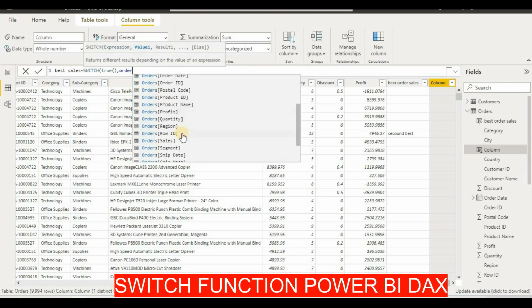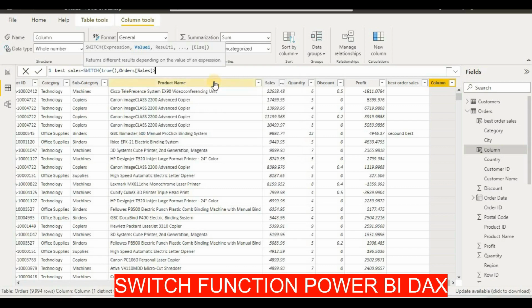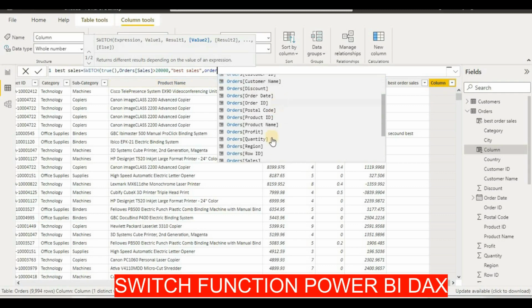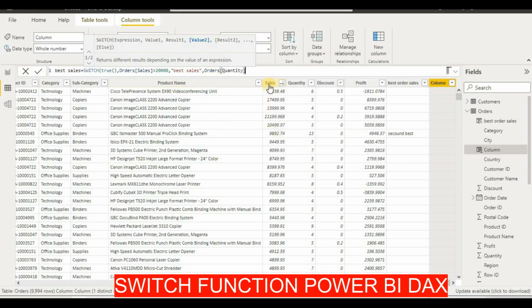I have to just find order sales here and say if it's greater than 20,000, then I will say best sales, then I will take another, order quantity. If it's greater than 10, I will say best orders,